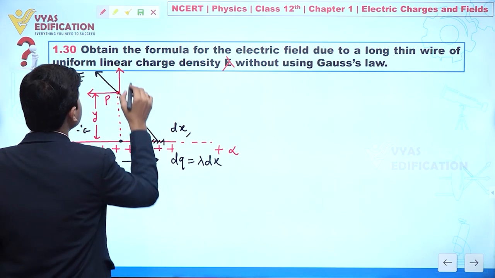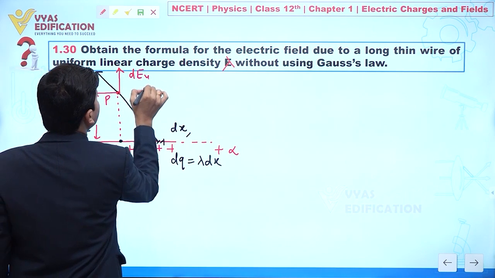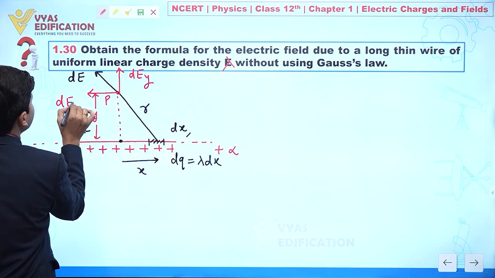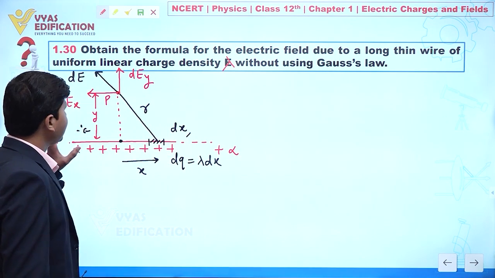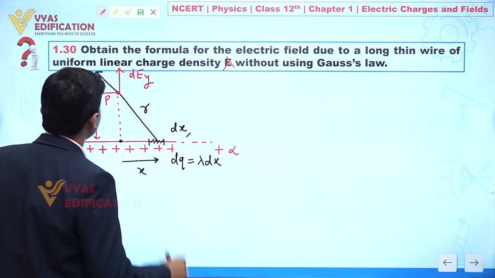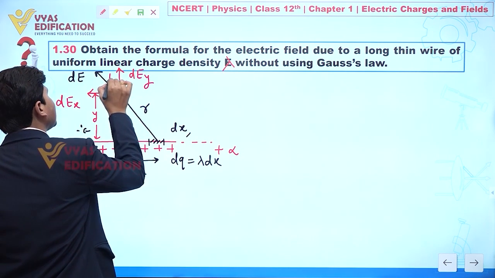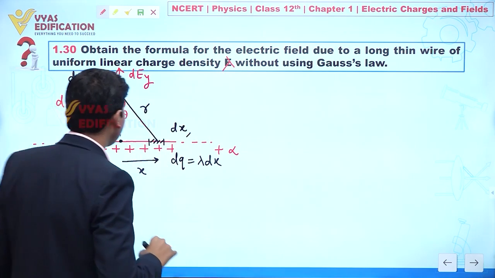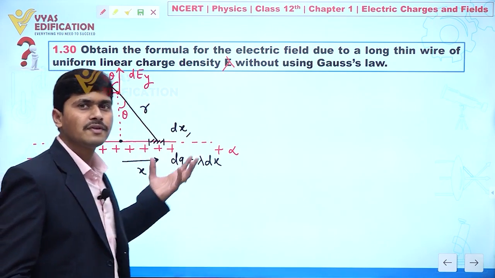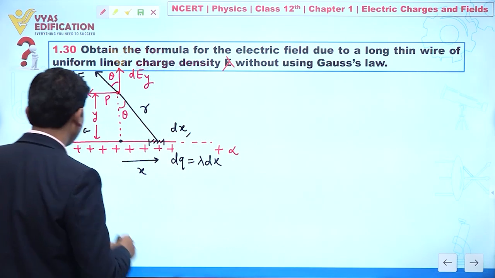We can say this is dEy, and this is dEx. So dEy and dEx we have. Now let's suppose I am assuming this angle is theta, so this angle is also theta. So first I will find the value of the electric field due to this small element, so I can write like this: